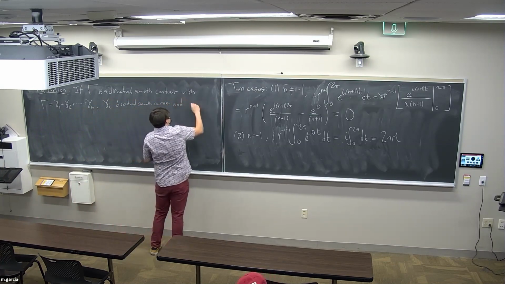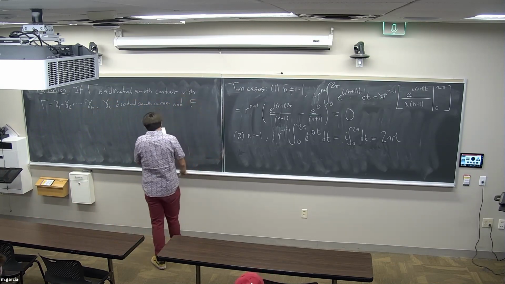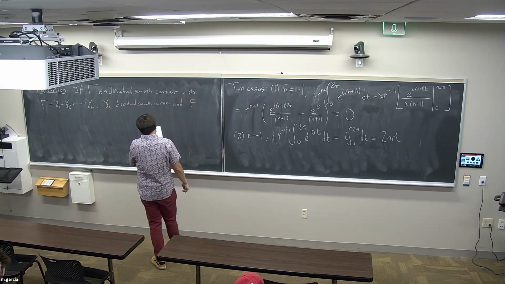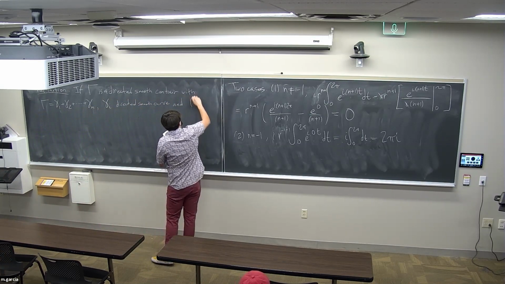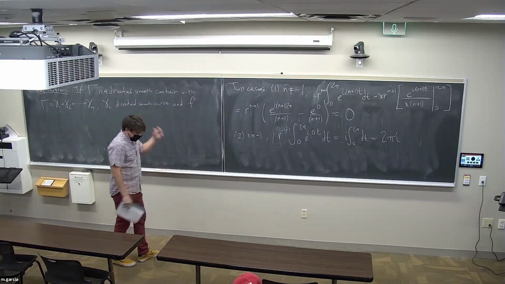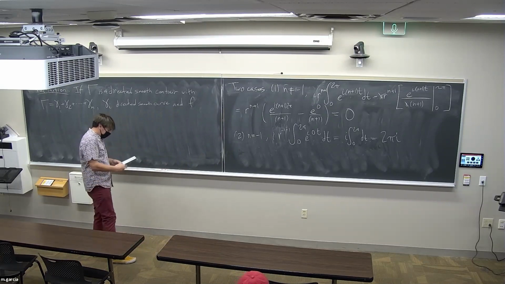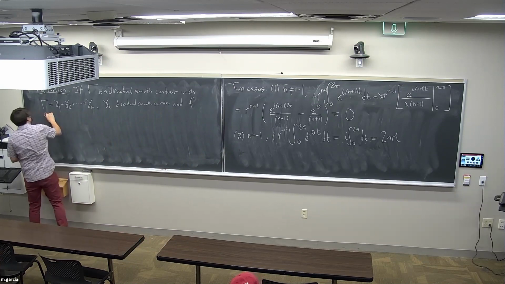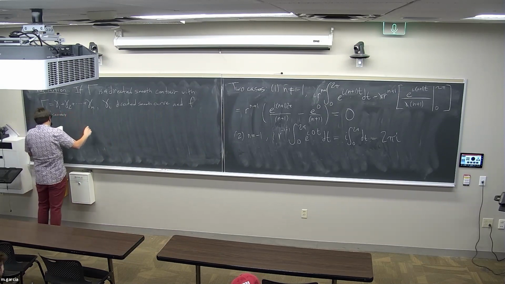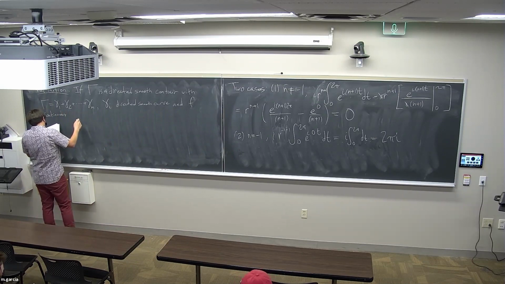And take lowercase f, I don't know why I used a capital F here, because capital F usually means antiderivative or something. So if we have a continuous function f, f continuous on gamma,